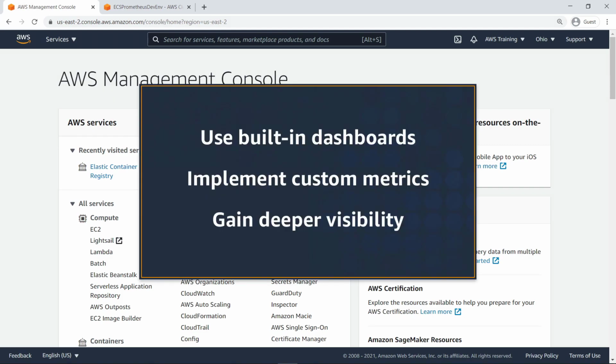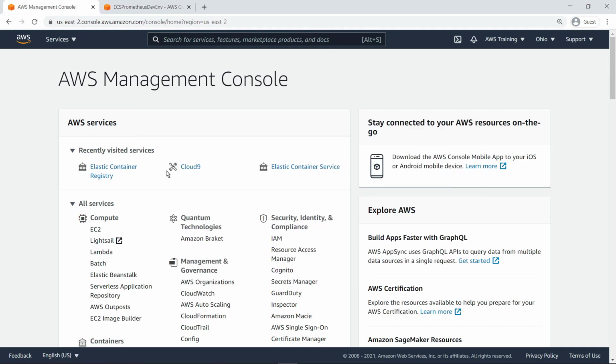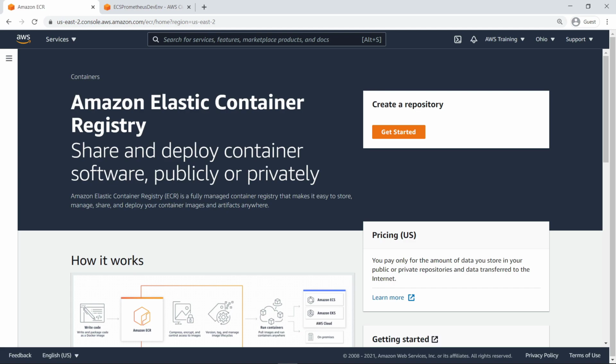In this video, you'll see how to monitor an Amazon Elastic Container Service, or Amazon ECS, application on AWS Fargate using Prometheus metrics. With this solution, you can use built-in dashboards and implement custom metrics to gain deeper visibility into your containerized workloads. Let's start by creating an Amazon Elastic Container Registry, or ECR, repository for a sample application we